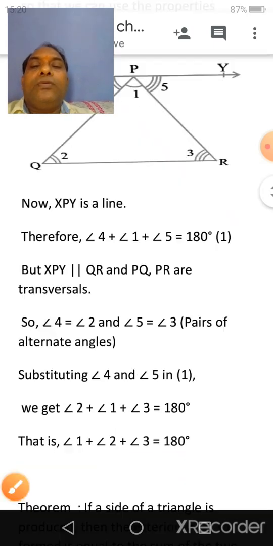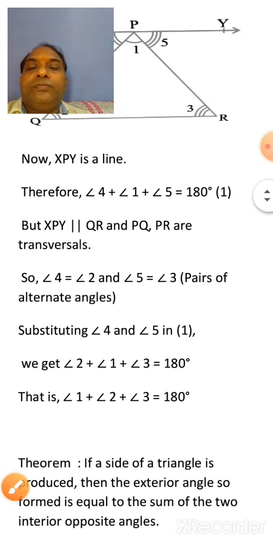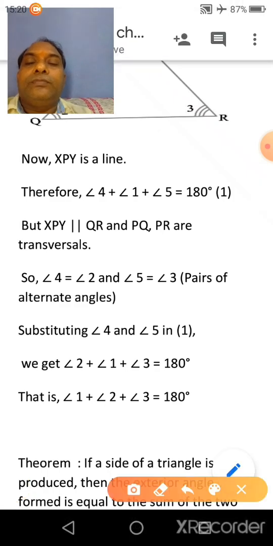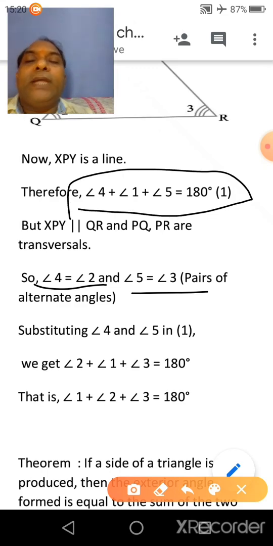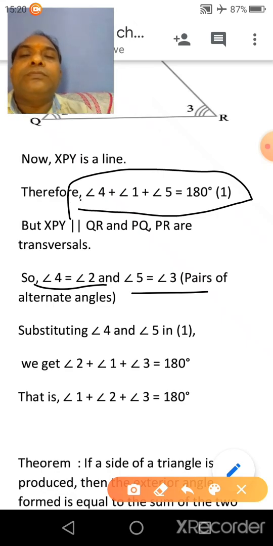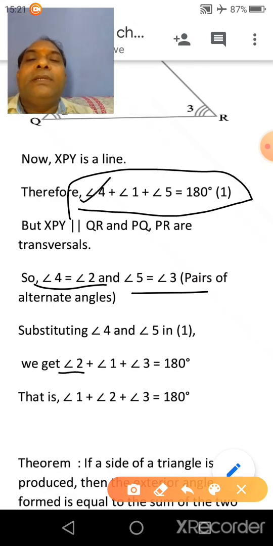So put angle 4 is equal to angle 2 here and angle 5 is equal to angle 3 in equation 1. Clear? So we have angle 2 plus angle 1 plus angle 3 is equal to 180 degree,